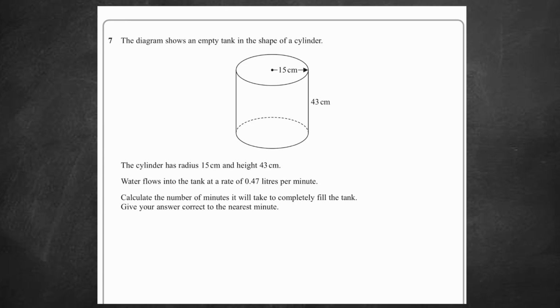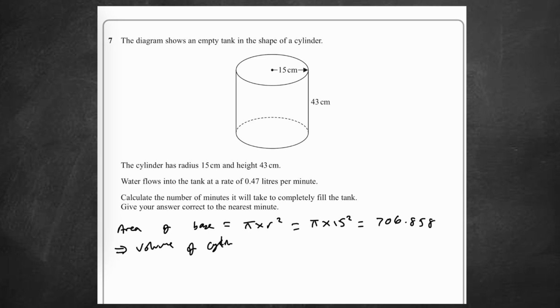So what we're going to do first is say the area of the base is just pi times r squared, r being 15, so pi times 15 squared, which is 706.858. Therefore, the volume of the cylinder will just be the area times the height, so 706.858 times 43, which we get as